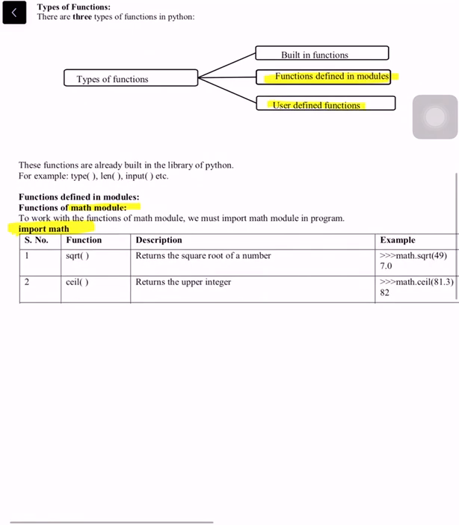Math has many functions inside it, such as sqrt, which helps you find the square root of a number, and ceil, which finds the ceiling of a number. Only when you have imported the math module can you use the functions which are inside it.